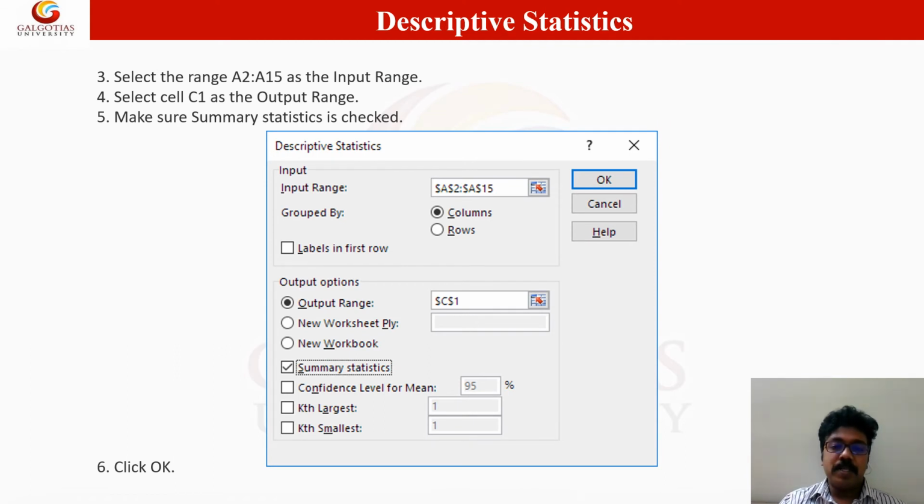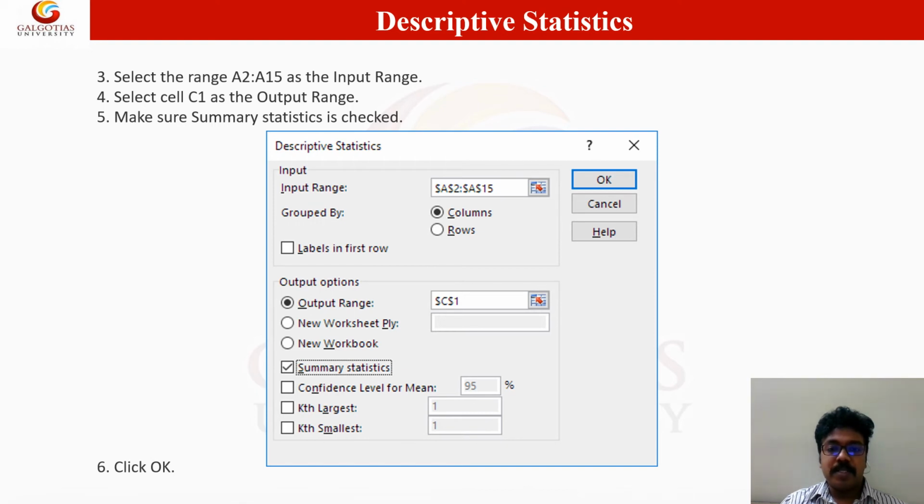Now from the initial sheet, you have to give the range. You have the Excel sheet with values only in column A, the scores for 14 participants, starting from A2 to A15. So you set the input range from A2 to A15.